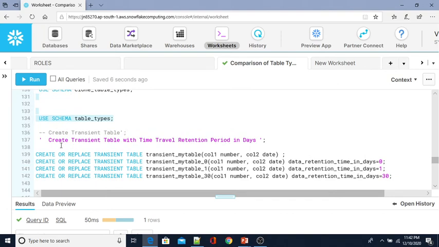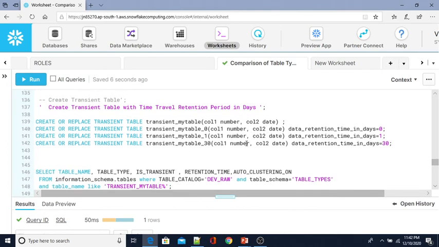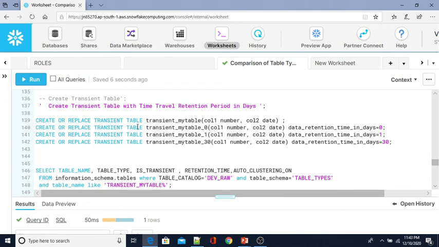Now let me see how the retention period works for the transient table. Create transient table with the time travel retention period in days. Here I'm going to create four tables: without specifying any retention time for one table, 0 for another table, 1 for the third table, and 30 for the last table. So here if I see,